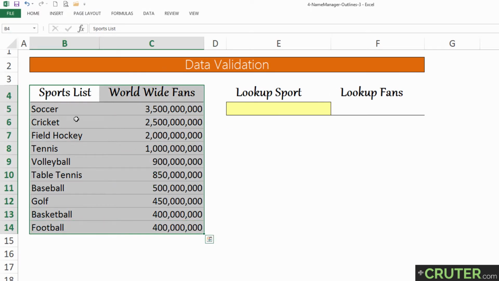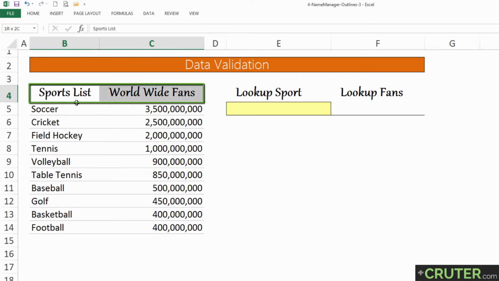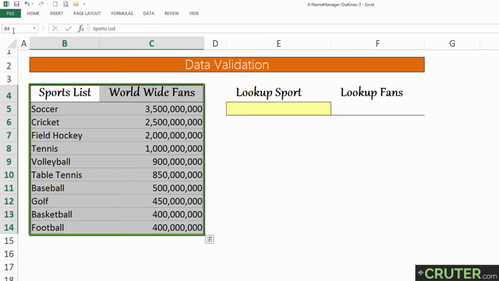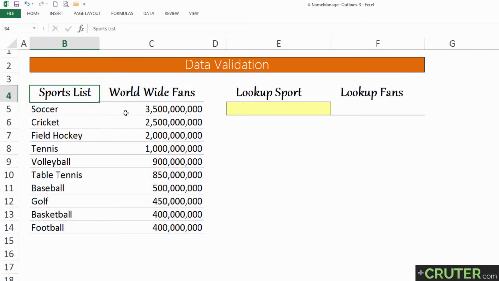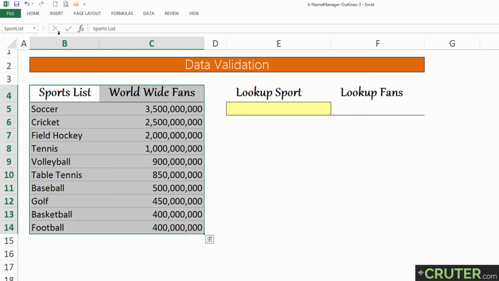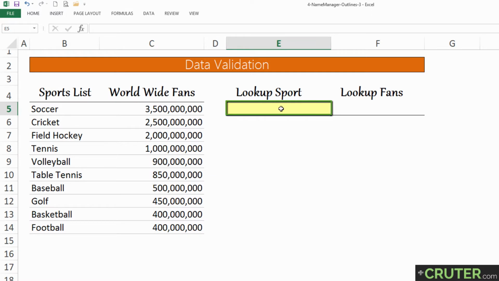To do that, we're simply going to select it, hit Control-Shift and over and down to select the entire range, or just select it with your cursor, and then type Sport List and hit Enter. So now this whole range will be referred to as Sport List instead of B4:C14. What's cool about that is that if I apply data validation to this cell right here by just